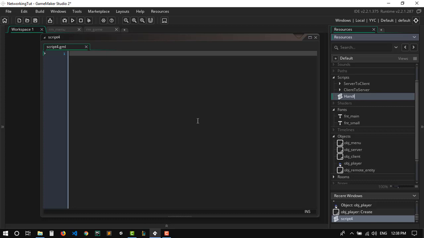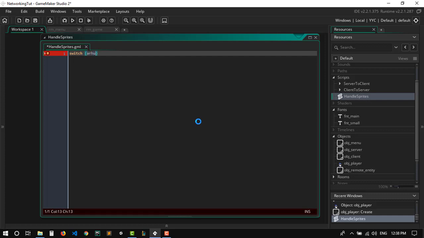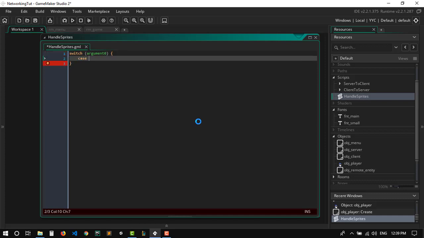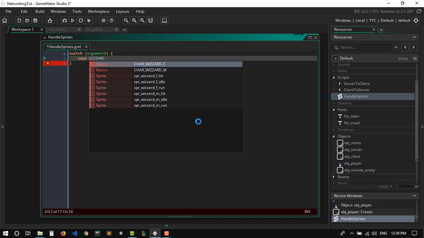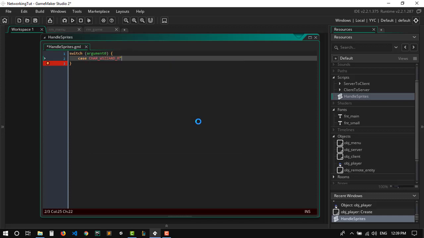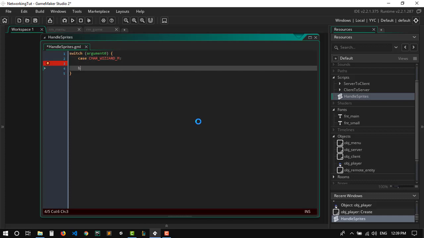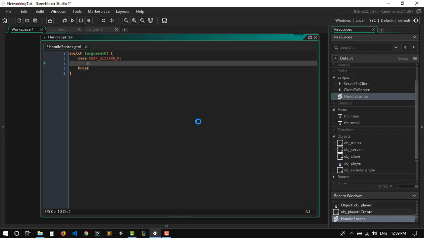Handle sprite. Okay, so what we're going to do here is switch argument 0, which is going to be the character. Now, case, we have wizard male. Basically you're going to loop through every character, and in that case the walk sprite or idle sprite is going to be spr_wizard